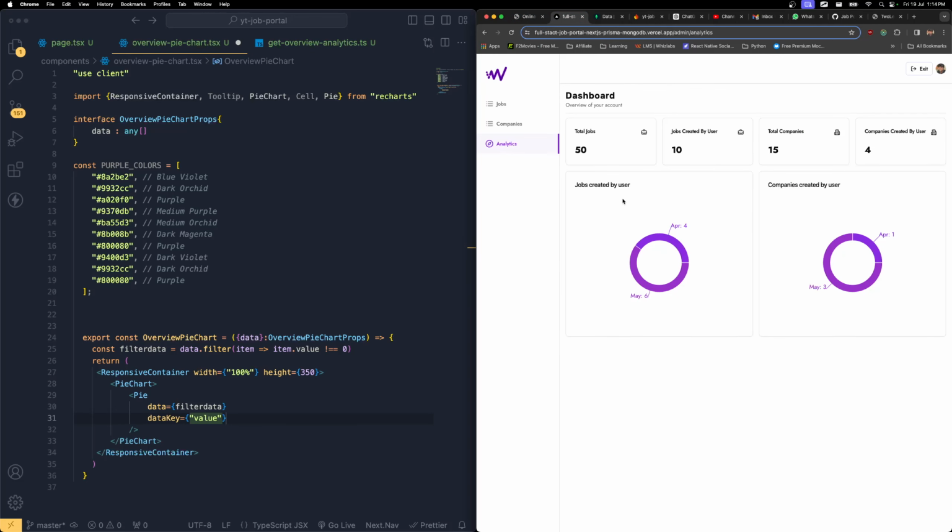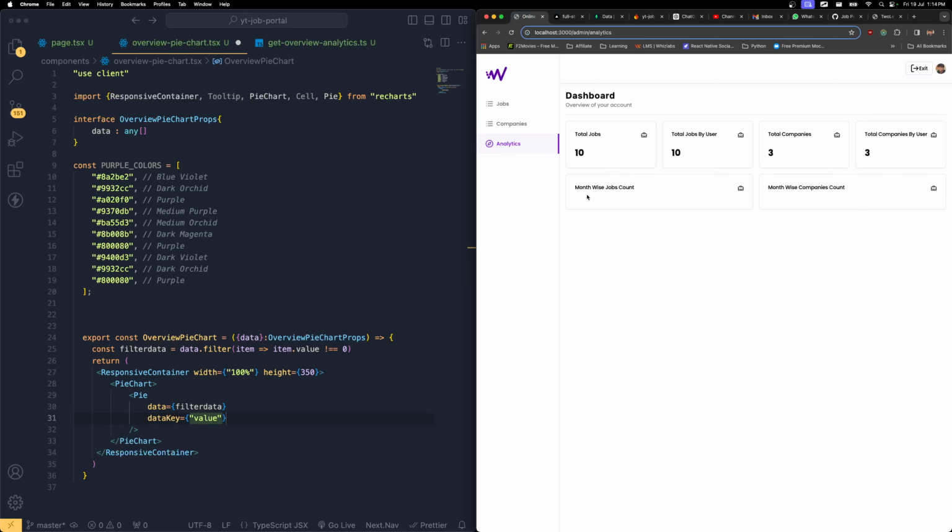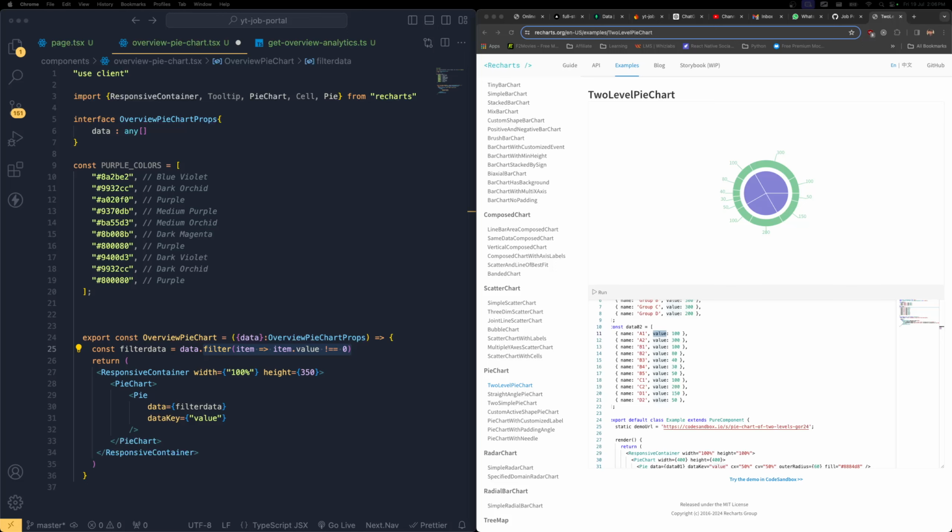Apart from the rest of the month, it's not being displayed over there, because we don't want to display the 0 value over there. That's why we filtered it. Okay, so now what we have to do is, we have the value, and right after here, next